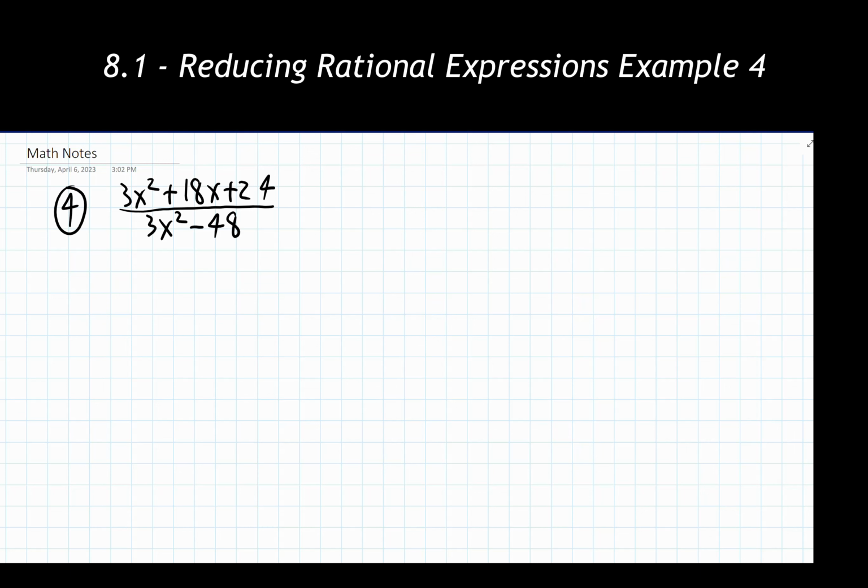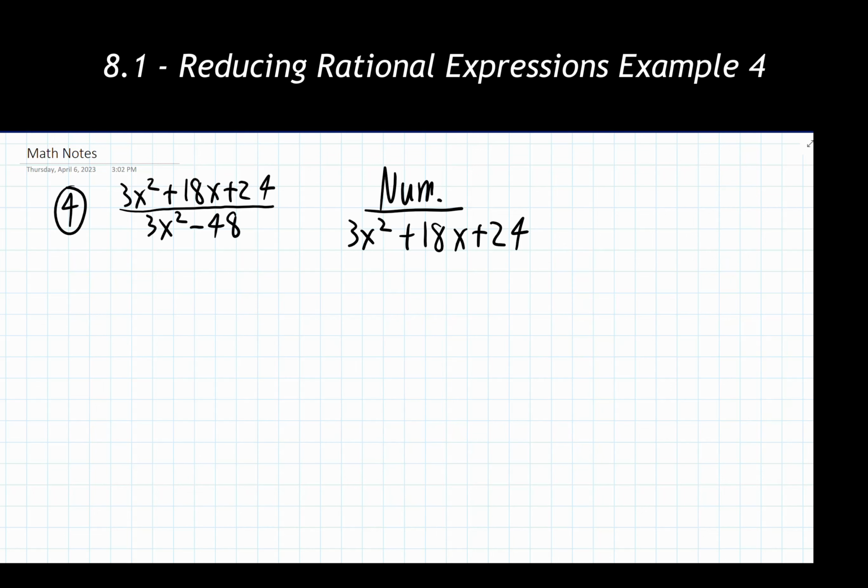And last but certainly not least, we're going to take a look at example 4. So looking at this one, there's a lot of stuff that I can do to factor out the numerator and factor out the denominator. So what I'm going to do with this is come off to the side here, and I'm going to factor each of these things individually, just so I'm not losing track of what I'm doing overall with the whole problem. So if I'm going to factor the numerator, just start with that.